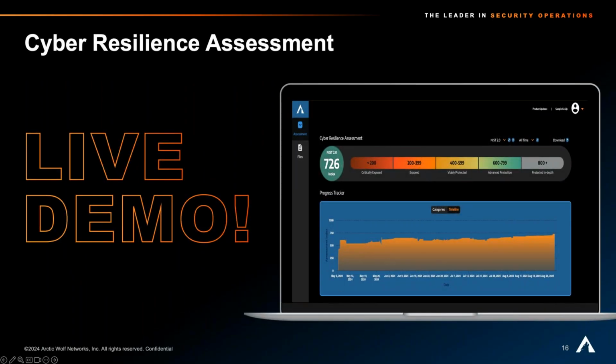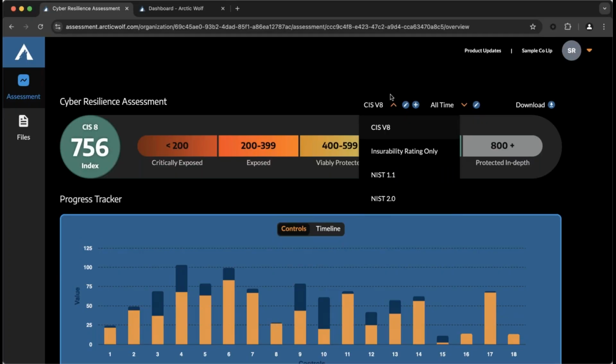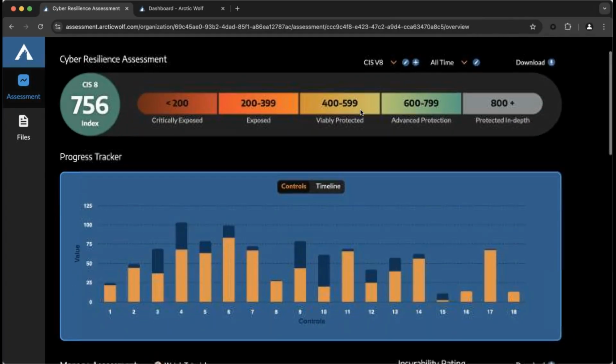So we're actually going to flip over and do a little bit of live demo. So I'm going to switch screens real quick. And if I pull this off correctly, then we'll be looking at my screen here. So this is kind of the introduction to the interface. Now, your first